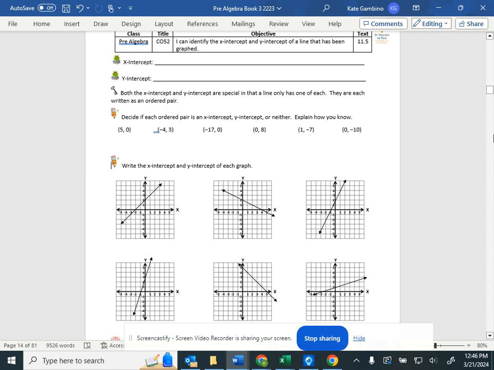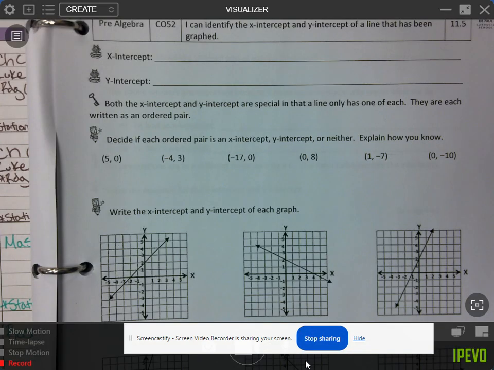Kyle, can you please remind us what we just talked about before I started the video about what the x-intercept would be? The x-intercept is where the line that you graph intercepts with the x-axis. Yes, the line that is graphed, it's where it intercepts, where it crosses over the x-axis. So the x-intercept,